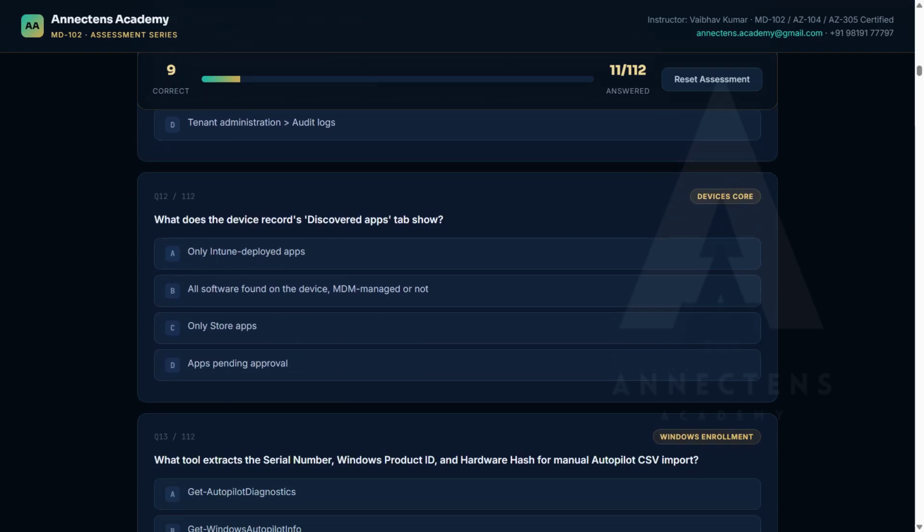What does the device record discovered apps tab show? Second one, all software found on the device, MDM managed or not. Discovered apps means whatever software is installed on the device, whether it is managed by us or not, will be available in discovered apps. So sometimes when you do a deployment and you are checking for the dependency,